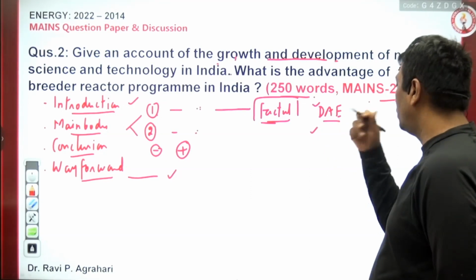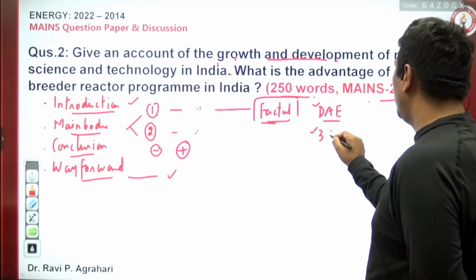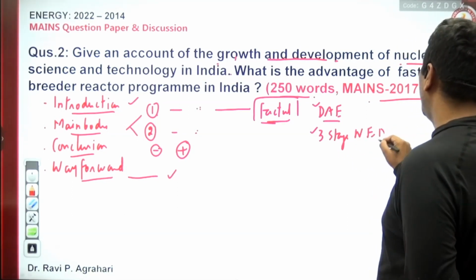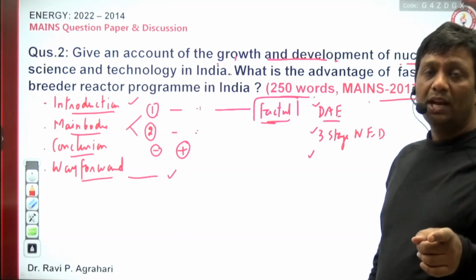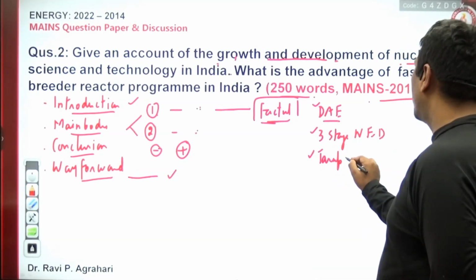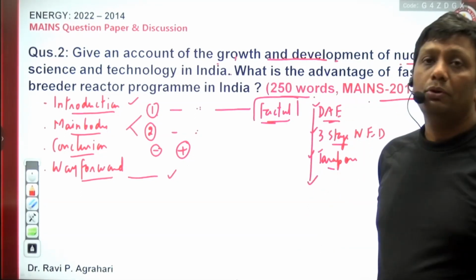Later on, you must go toward the Bhabha-based 3-stage nuclear energy development program of India. Later on, you must go toward the first nuclear reactor that was set up at Tarapur, where the US even helped. In that way, guys, later on, you must go towards the